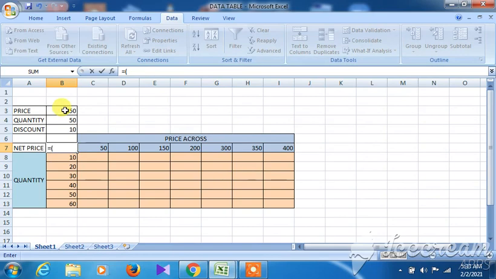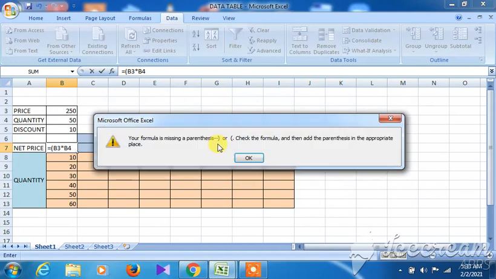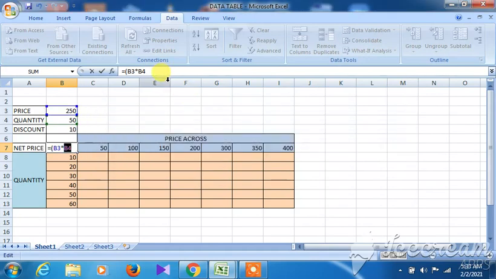B3 is the price and B4 is the quantity. Close the bracket, and then minus 10% of it. Put the bracket, and then B3 into B4 once again.